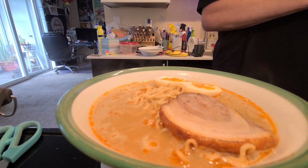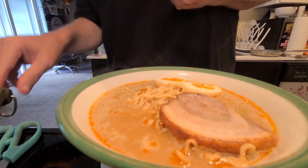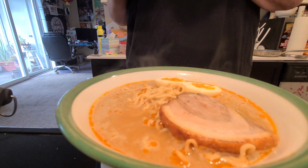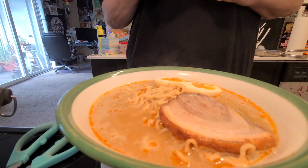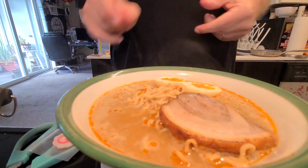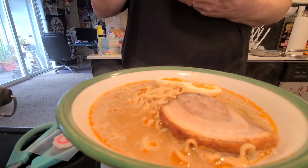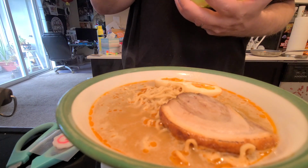Now we are going to add our other things. We've got some Naruto Maki. I should add the spring onion next. I've got the Naruto Maki at the ready, folks. It's all ready. Let's do that. But first we're going to add in,